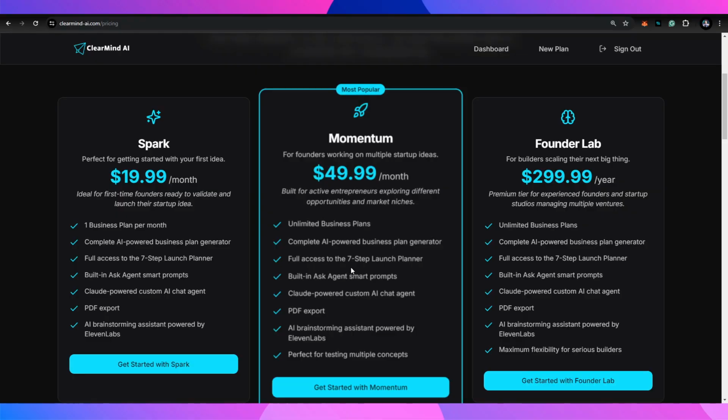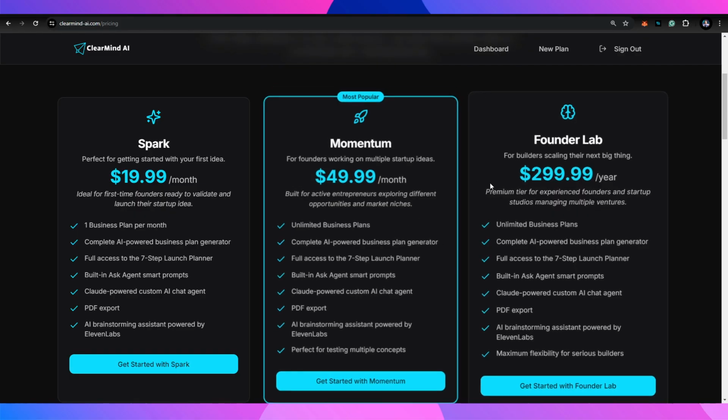For my entrepreneurs, this is what I would use when I have a lot of businesses or a lot of ideas, or I'm constantly evolving. AI is changing, my solution offerings are iterating, and as I'm doing feedback calls, I'm figuring out where I need to enhance my functionality and features, which may come with changing the direction of my plan. So this is for a founder who has multiple ventures and different opportunities in the market. We created a plan for $49.99 that allows you to create unlimited plans and use our AI unlimited.